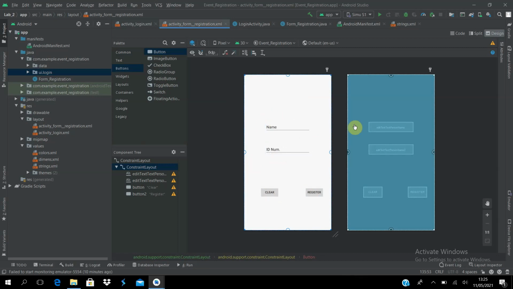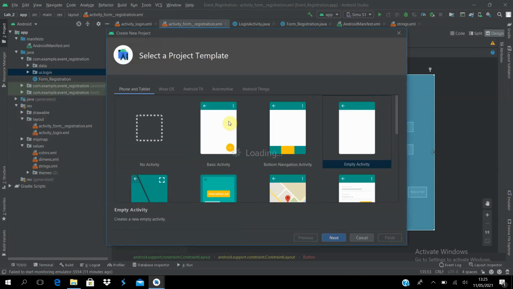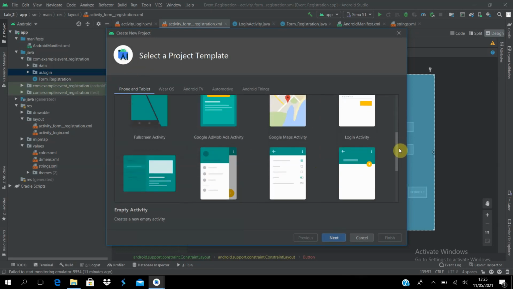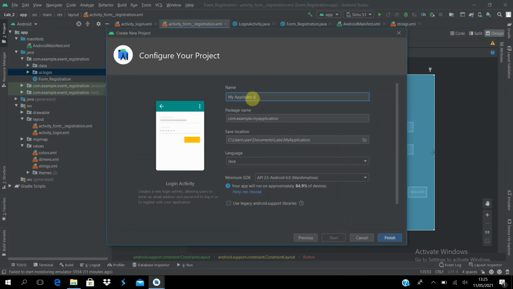I'm assuming this is my piece of paper for now, but assuming I've not done this, then I would have to go to the file menu, select new project, and select a suitable, of course, you see we are developing for the phone and tablet, and then I select a suitable activity. In this case, it will be the login activity. Then select next, and then give my application a name. Let's say I can call it event registration,